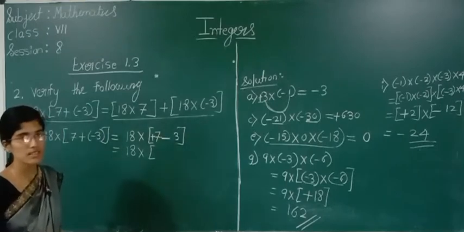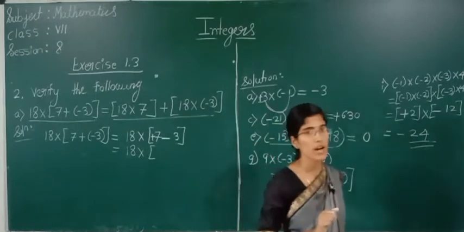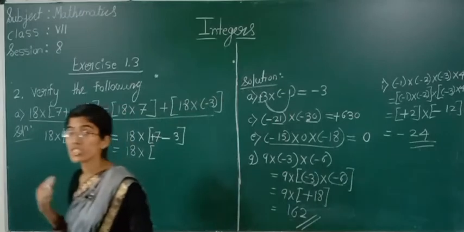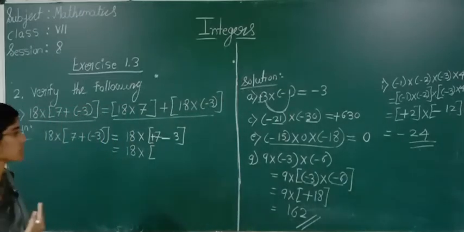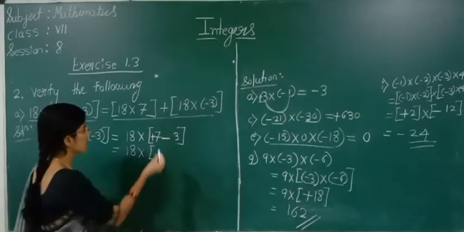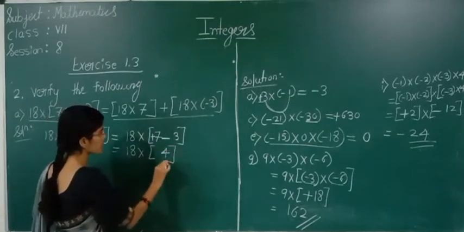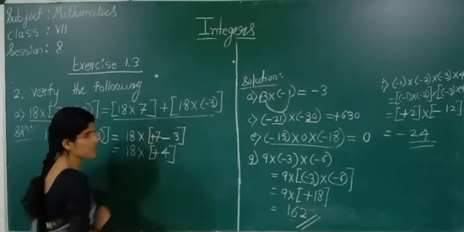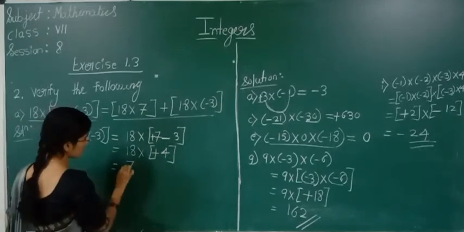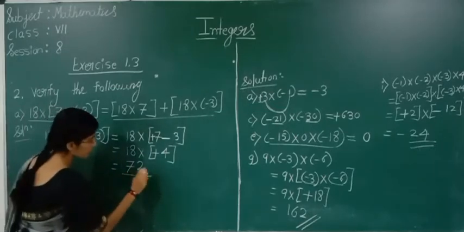Plus minus is, I told, in addition and subtraction, whatever sign we have, that operation we have to perform. Okay, first point. Second point, how we have to keep the sign: we have to see which is the bigger number, and that sign we have to keep in addition and subtraction. See, plus minus is minus. 7 minus 3 is 4. Which is the bigger number? 7. 7 has plus sign. Yes. Now, what is 18 fours? 18 fours is 72. Okay. Next, LHS part we got 72.